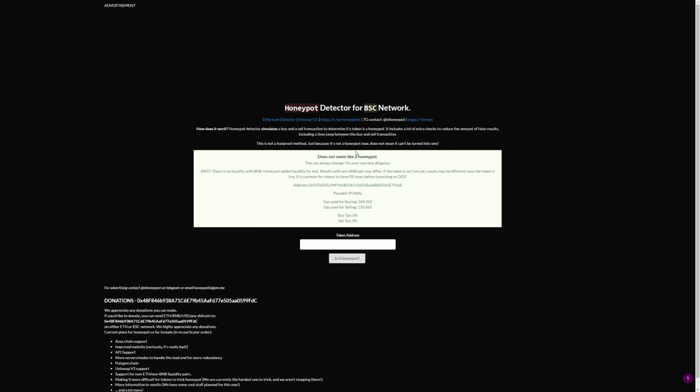Even 9 days out, if you were to add liquidity right now, so there's a little liquidity in BNB, Honeypot added liquidity for the test, and it just lets you know that, hey, this could always change. Make sure you do your own due diligence, but take a look at that, y'all. As of right now, adding liquidity would mean it isn't a honeypot. If they were to try to go live right now, and it's true, buy tax 0% for both buy and